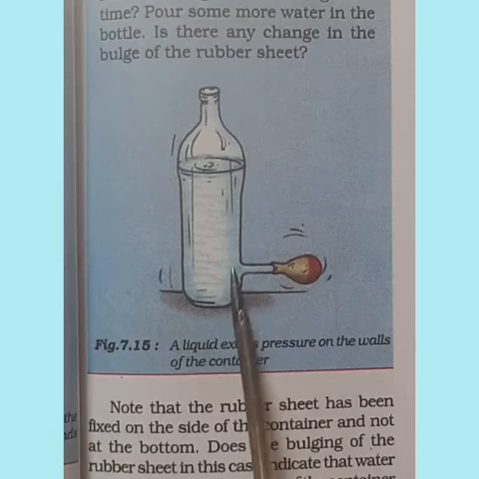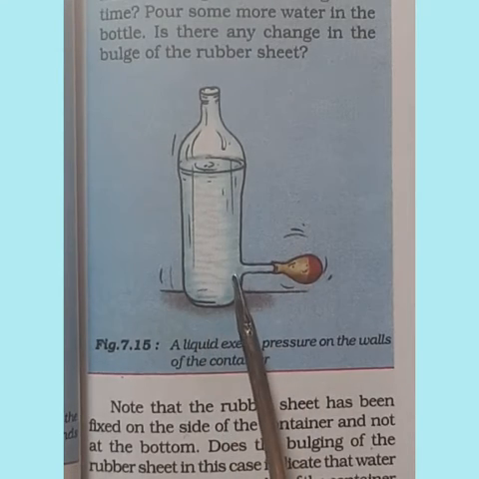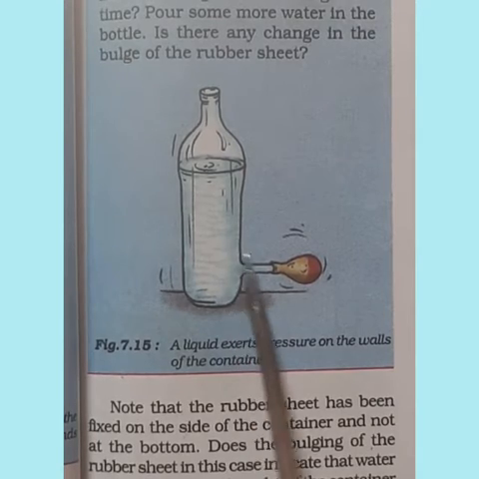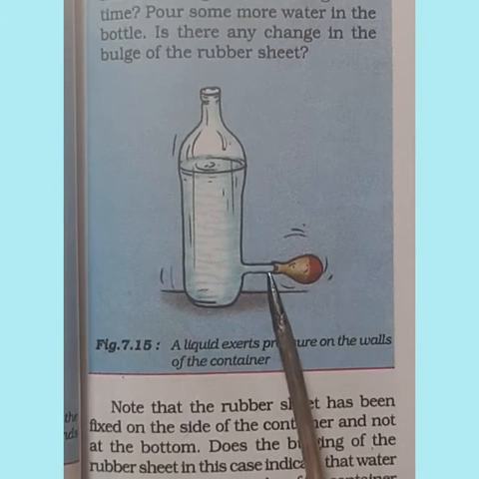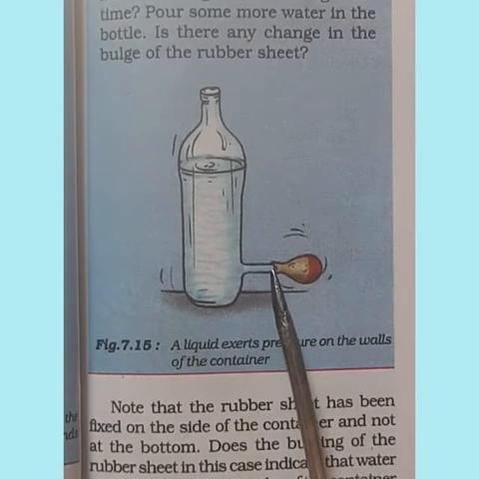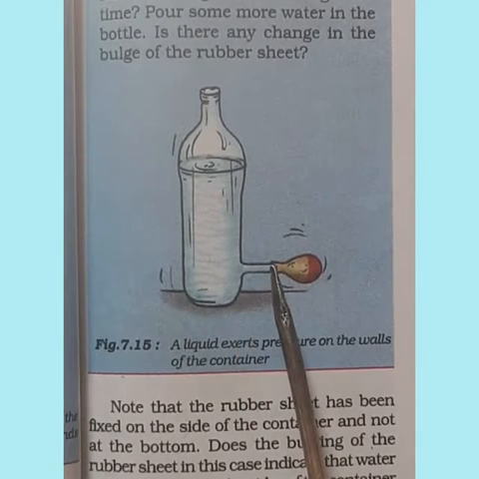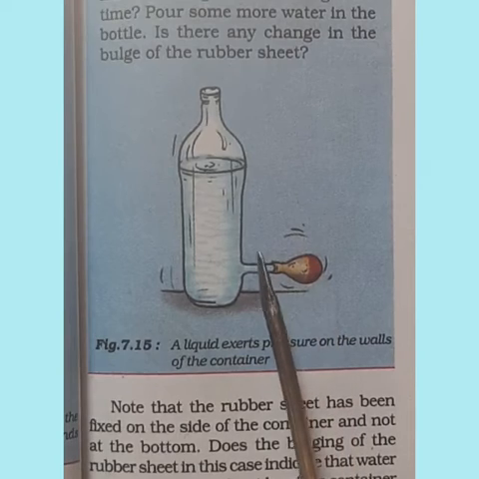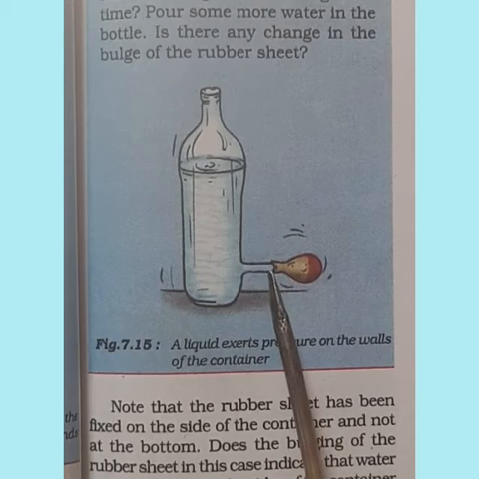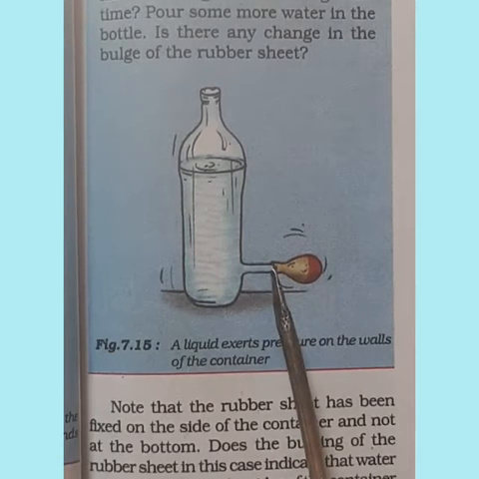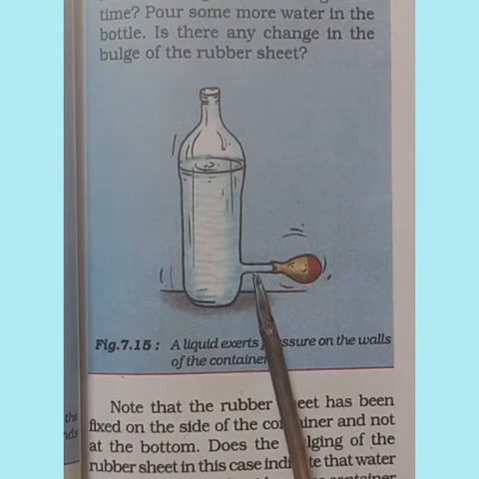One more example is given here. We have to take an empty plastic bottle, and we have to fix a cylindrical glass tube at the bottom of the bottle. To the end of the glass tube, we have to fix a balloon. We have to make sure that the water will not pass out when it is filled in the bottle. So when the water is filled in the bottle, it must not leak from the cylindrical tube over here. Okay. If there is leakage, then there is no use.